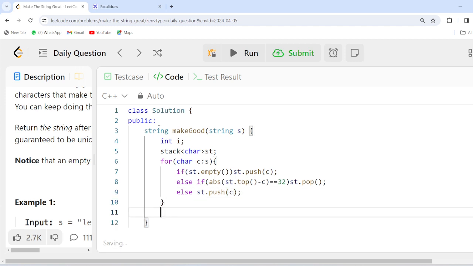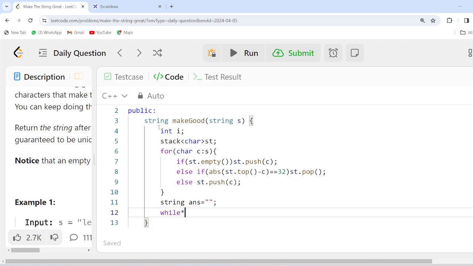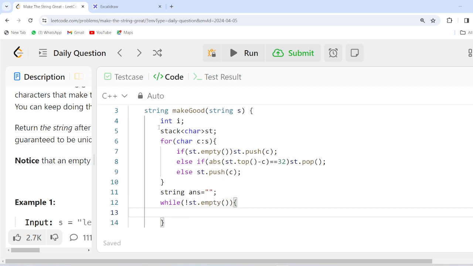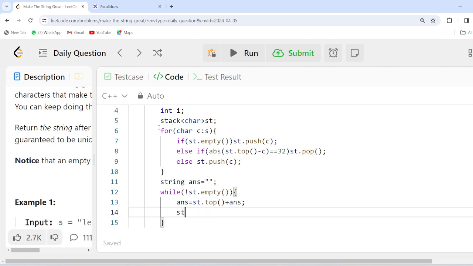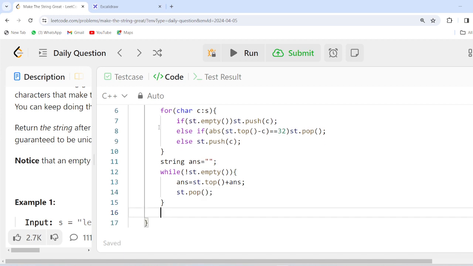So we are ready with this. Now we have to store our answer. So take a string, that will be an empty string, and while our stack is not empty, put to our answer st.top plus answer, and then pop the top element, and at the end return the answer string.